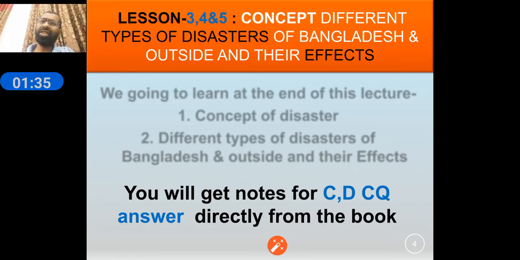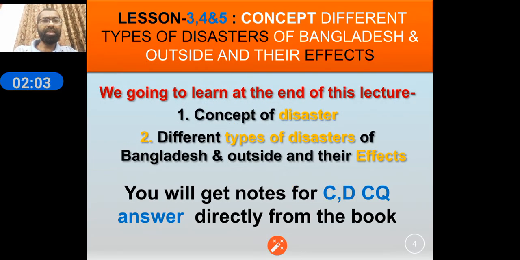We can generally assume it is a natural disaster because human beings generally do not create these types of virus. Maybe there is some debate, but the general assumption is it is a natural disaster. So today we are going to discuss the main concept of disaster and different types of disaster